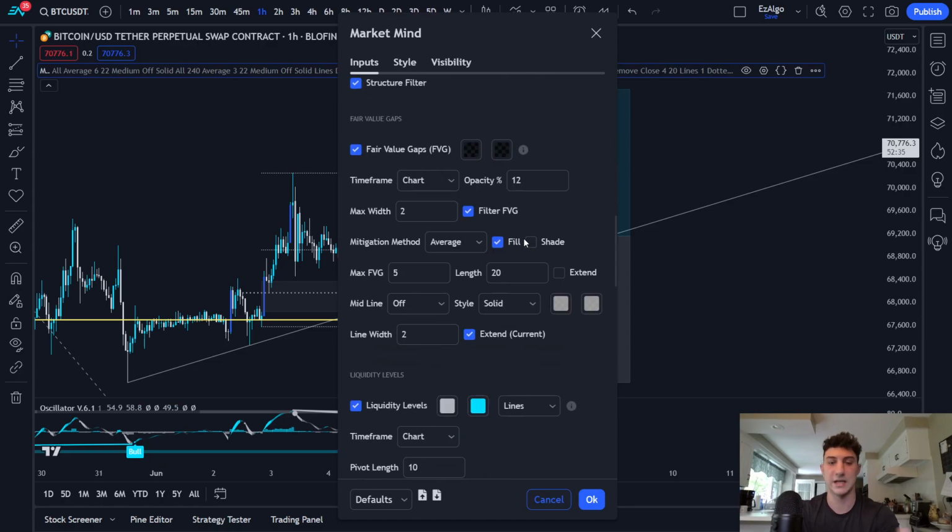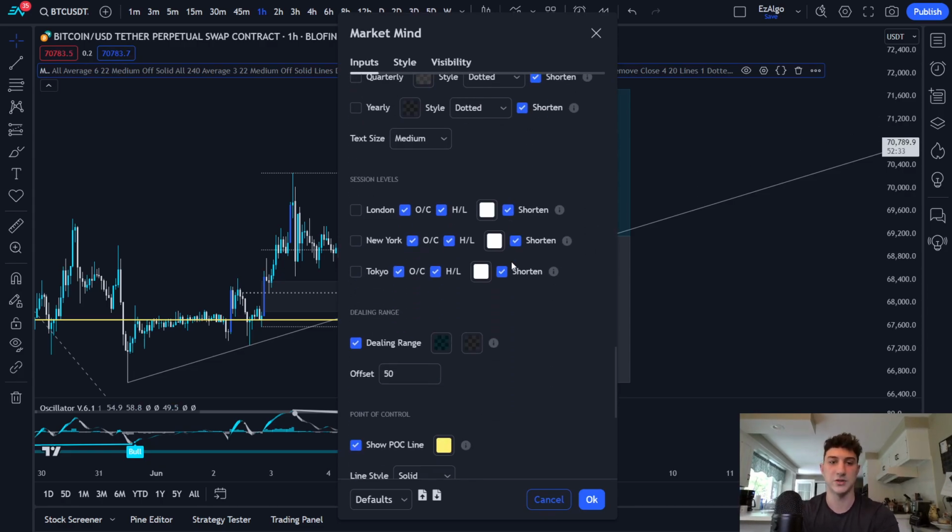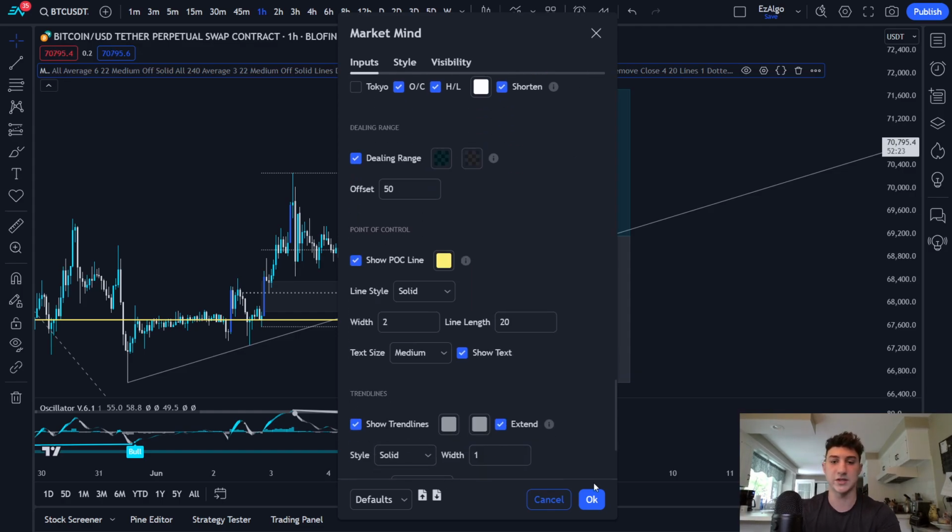So again, key levels, pretty self-explanatory. We also have the session levels, right? So this is mainly for Forex traders, right? London, New York, Tokyo, pretty self-explanatory. I won't go over that. And then we have the dealing range, right? So the dealing range is going to show you